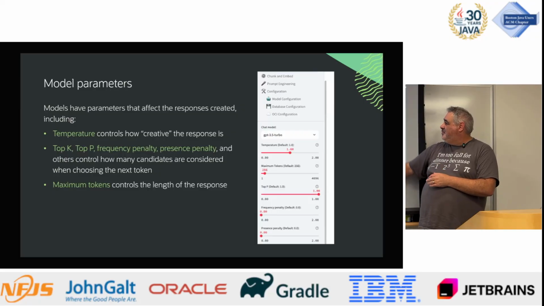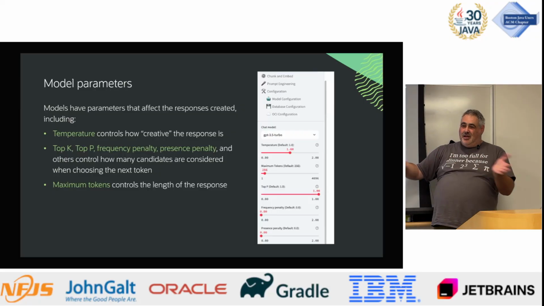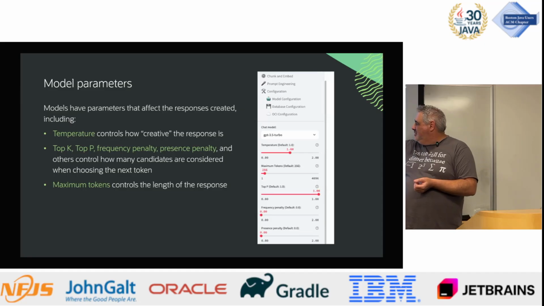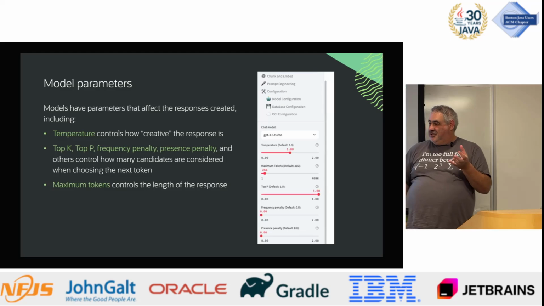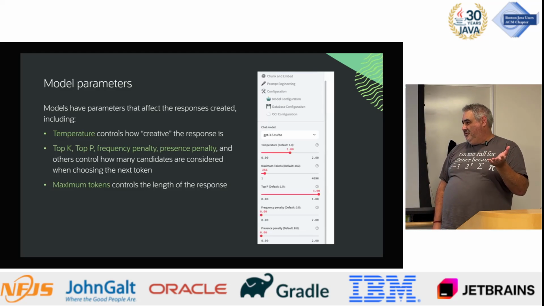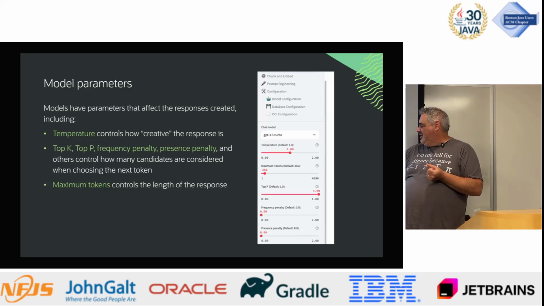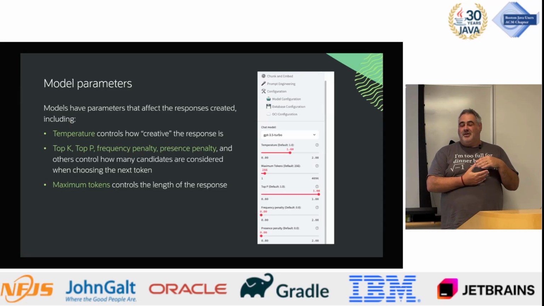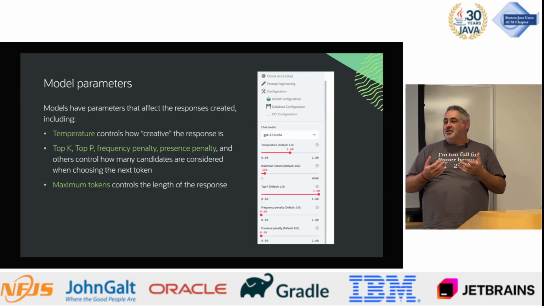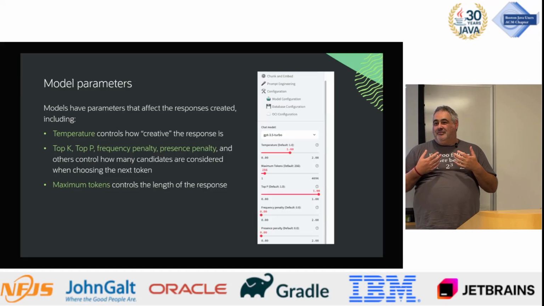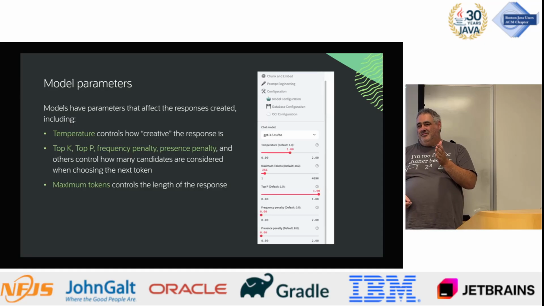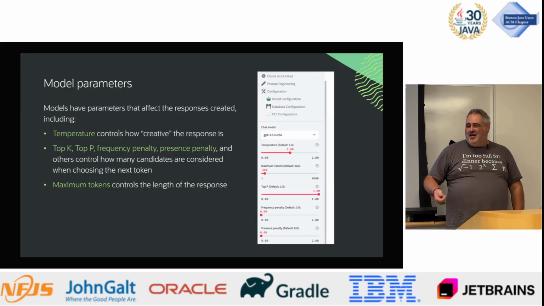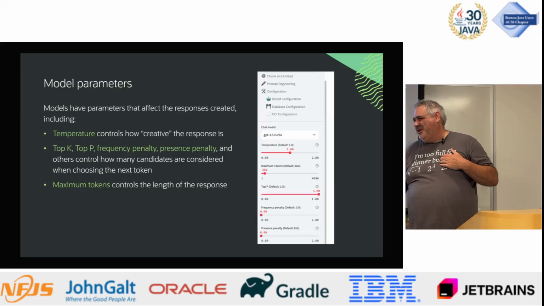Okay. And there's a bunch of others. Maximum tokens tells it how long the answer can be. Top P means probability, tells it how many candidates to consider when it's coming up with the next word. There are penalties for different things like frequency and so on. For example, if you set a high frequency penalty, it won't use the same word over and over again in response. It'll choose different words. It won't say the large dog, a Saint Bernard is a dog that's quite large. It'll start saying large and big and massive, and it'll pick different words.